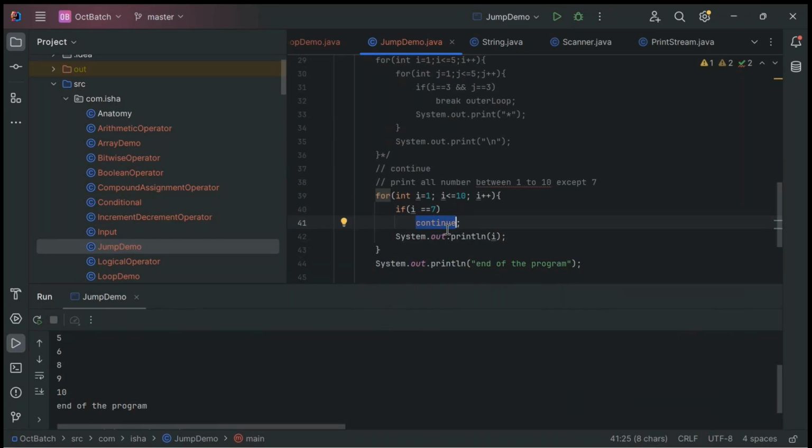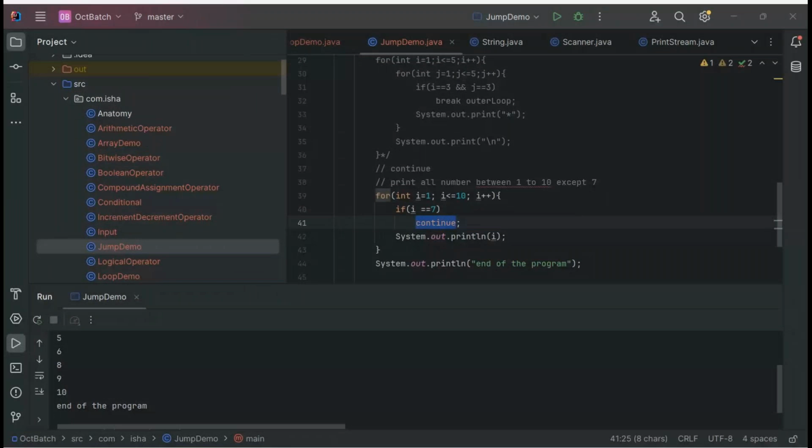1 minute, my screen got unshared. Just give me a minute, let me share my screen back. Okay, my screen is visible. Good. So